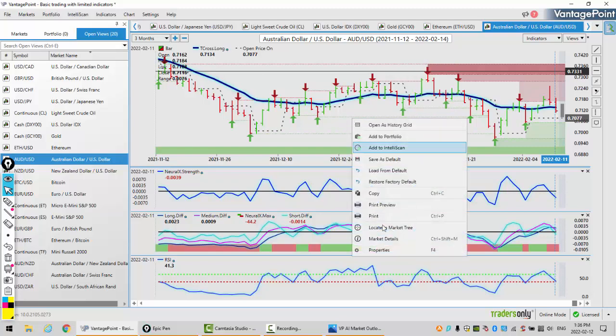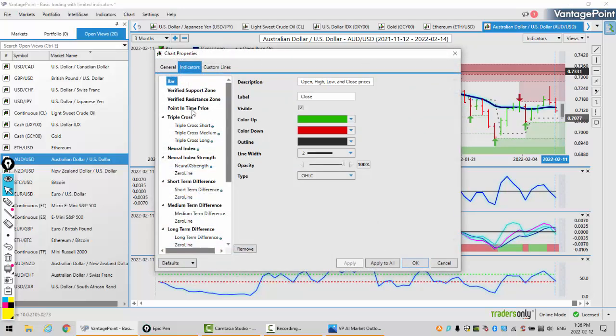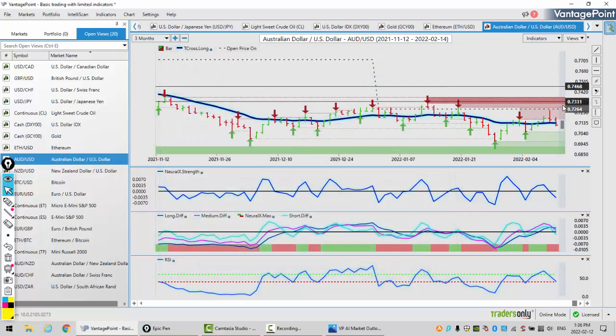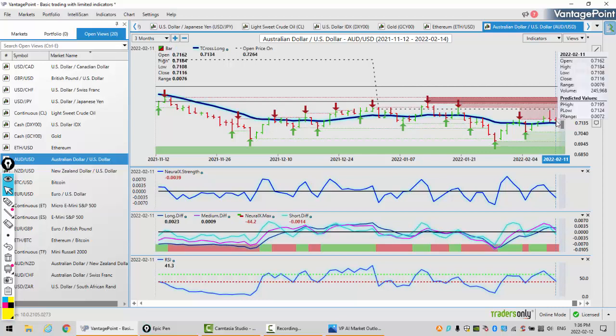71.34. But once again here, guys, when we peel the onion back, so to speak, I love that terminology, I forget who said that to me. When we look at the yearly opening price, we can assess that the weekly opening price is the point in time. If I click on here, I've got all the information I need. The VantagePoint T-cross long, 71.34, and the yearly opening price, 72.64. We have not been above that for any more than a day or two this entire calendar year. So every time you hear somebody say how bullish the Aussie is, you can respond and say, well, if it's so bullish, why has it been negative the entire calendar year?